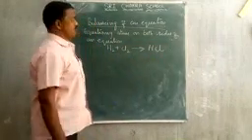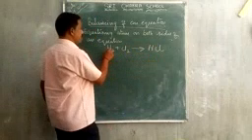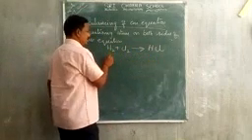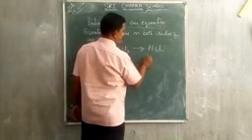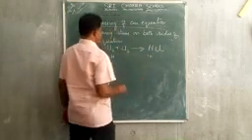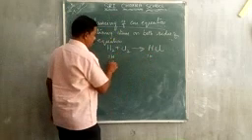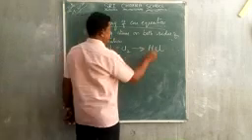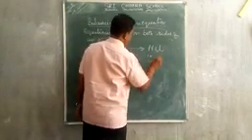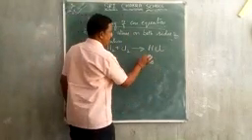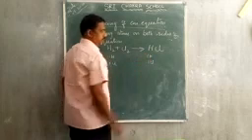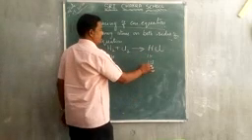First of all, we must see how many atoms of hydrogen are on the left hand side. 2 hydrogens are there. On the right hand side, only 1 hydrogen is there. On the left hand side, 2 chlorines are there. On the right hand side, only 1 chlorine is there. Now, we have to balance atoms of hydrogen and chlorine.